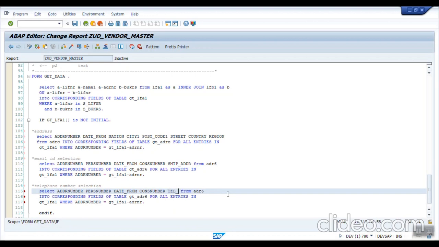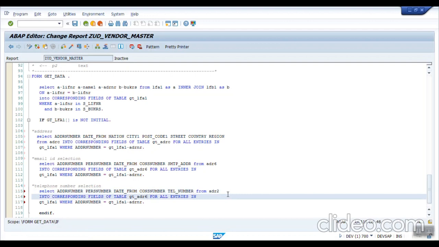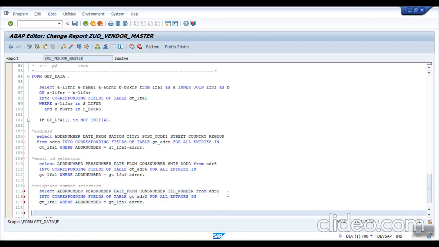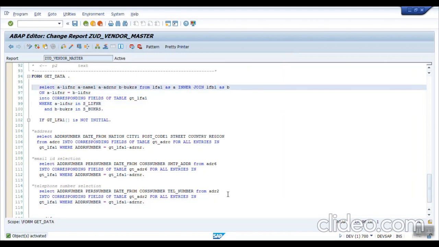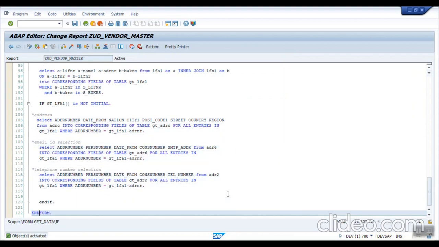This time use tel_number from ADR2 into corresponding fields of GT_ADR2. Save, check and activate. Okay, so first we have selected the master data from LFA1 LFB1, then we have selected address, then the email ID and telephone number.